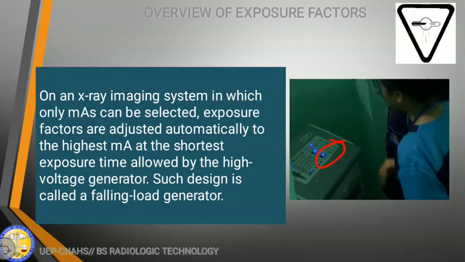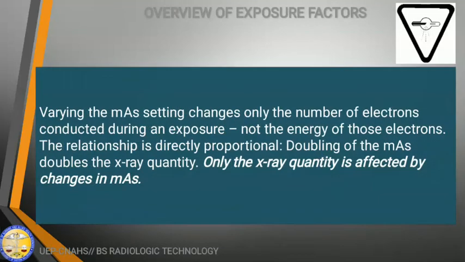So, because of the falling load generator, the mA is automatically set to the highest value, thereby giving the shortest possible exposure time. Okay po? So, varying the mAs setting changes only the number of electrons conducted during an exposure, not the energy of those electrons. Kasi nga, ulitin ko lang, energy is controlled by kVp, not mA, not exposure time, not